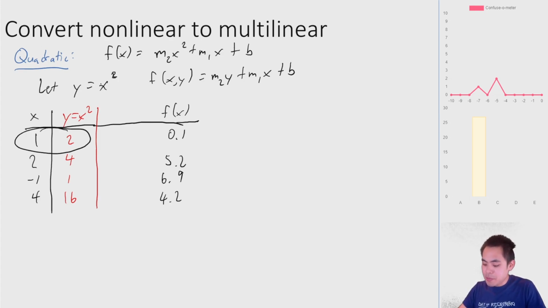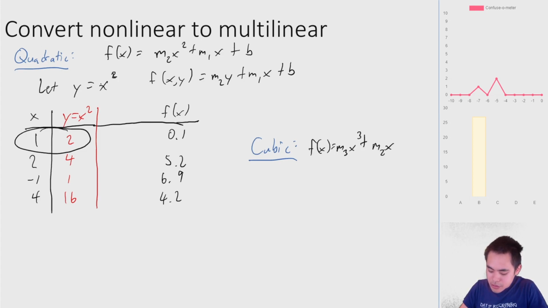And of course, you can do the same thing with cubic equations. So maybe the cubic equations look something like f(x) = m3x³ + m2x² + m1x + b. Well, all we have to do is